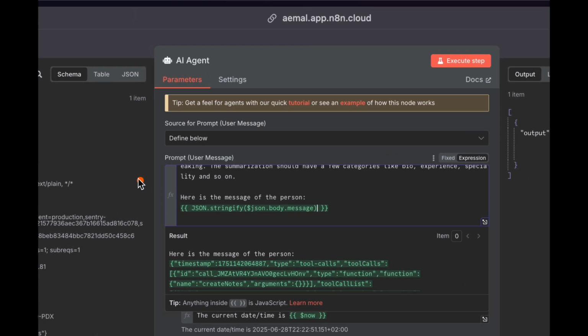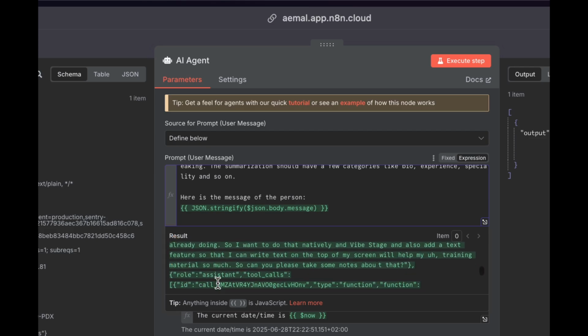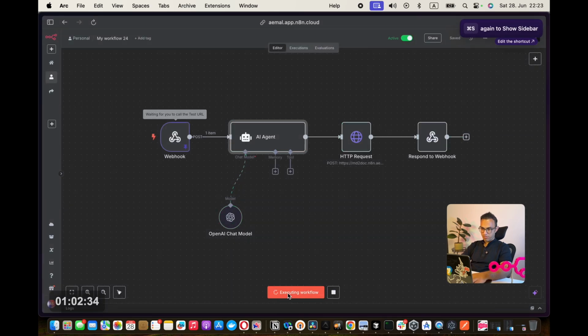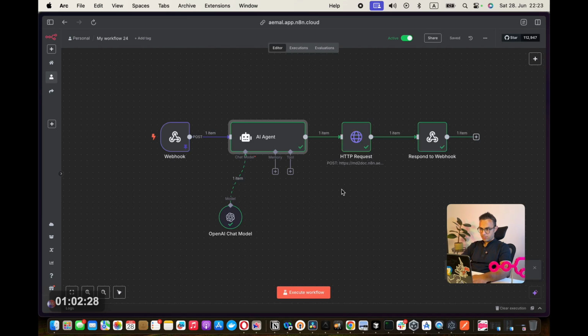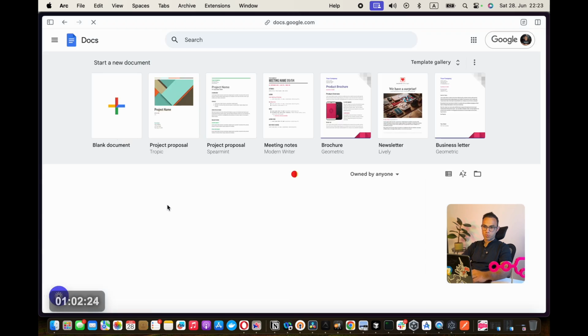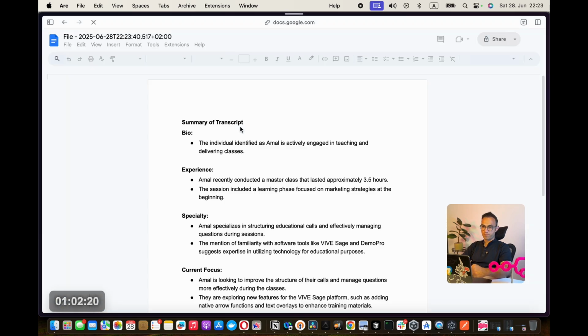You see a whole lot of text here, which contains also this communication between us. So if I save it and re-execute the workflow, now it creates a new Google Docs. In this Google Docs, hopefully we'll have the note that I spoke with Samantha in a cleanly done way. There we go.